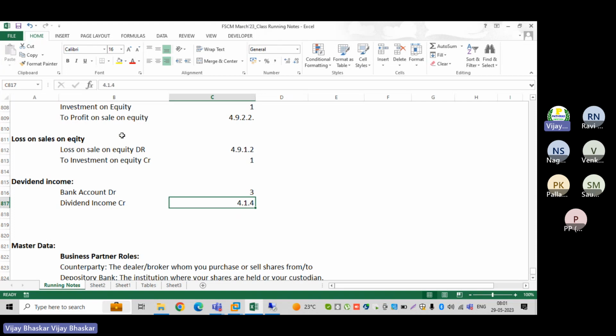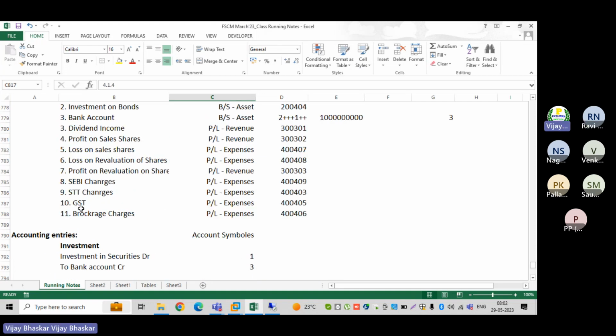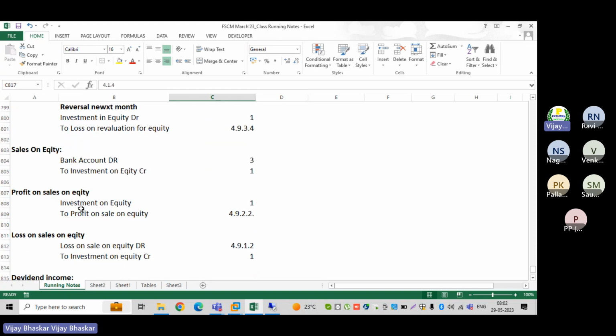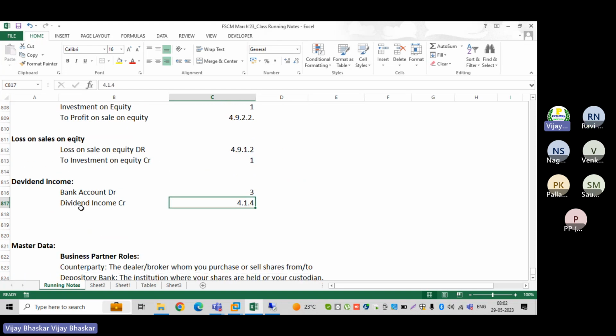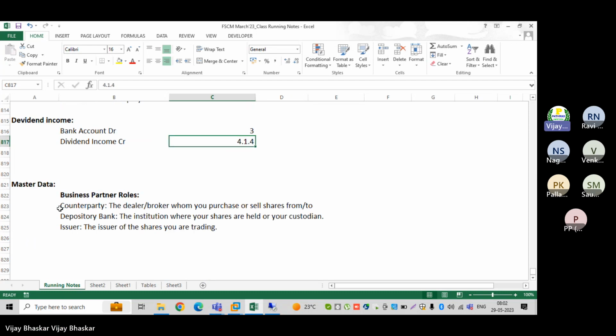Once the baseline configuration is completed, we'll run the initial scenarios, then after that we'll see corporate actions, share splitting, and other activities. I will explain those also. But these are the minimum accounting entries which flow into equities or shares